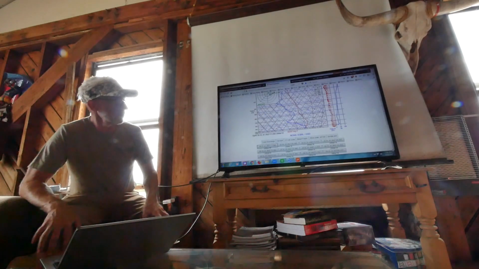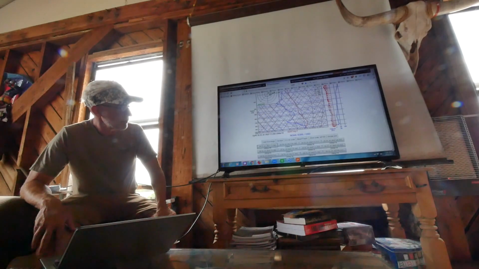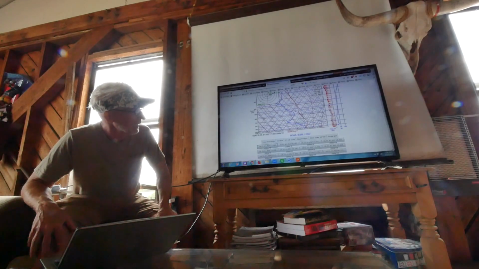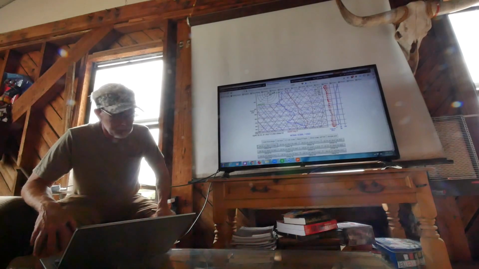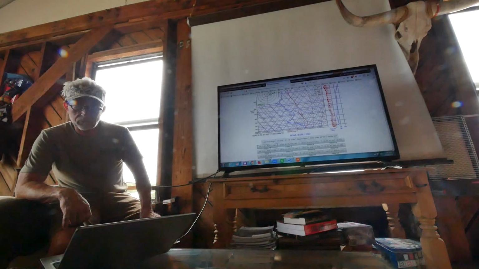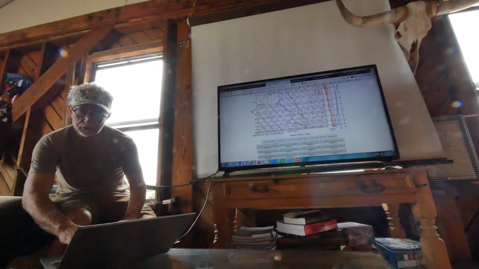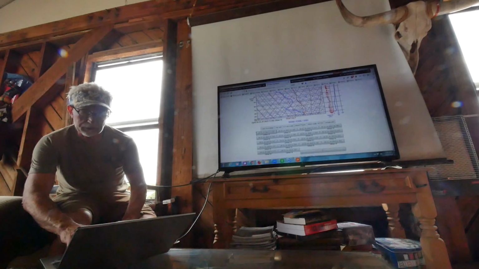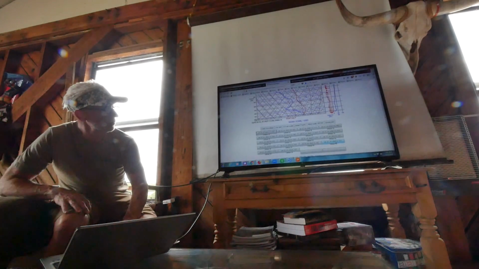Information on the screen is 4, so it's interpolated data, and in that case it's 0900 Zulu on the 20th. Well, we don't want that data. We're sleeping. So we want to go to something that's germane to the time when we might be soaring. The UTC offset is -4, so if I go to 1800 Zulu, that would be 2 o'clock,